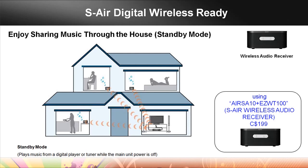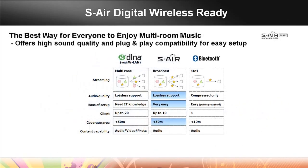SR offers high quality sound and easy setup. This is what sets it apart from other technologies such as DLNA and Bluetooth. With DLNA, you're required to have a wireless LAN router and need a substantial amount of IT knowledge to set it up, whereas SAIR is very easy to set up. SAIR also features lossless support, which means by transferring your audio through radio frequency,